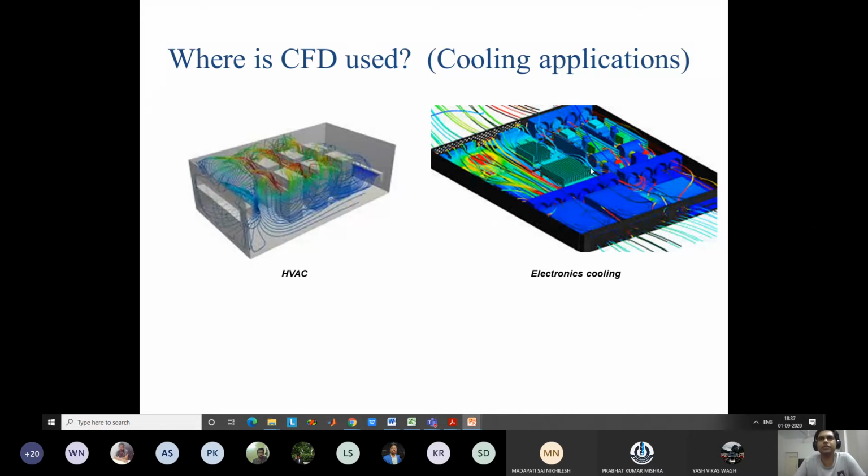So again, many students are doing work like this. Even some of you, like the students who have done the elective CFD course last year, BTech third year students who are part of this course, they have also done some simulations like this. Actually very practical simulations, very useful simulations. So we need to study this.